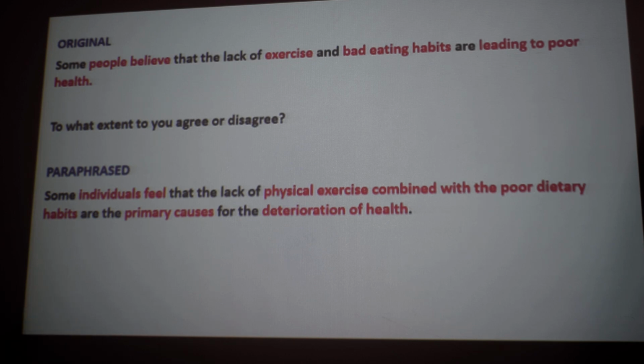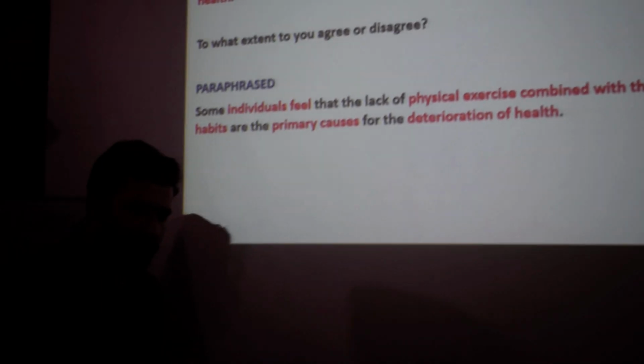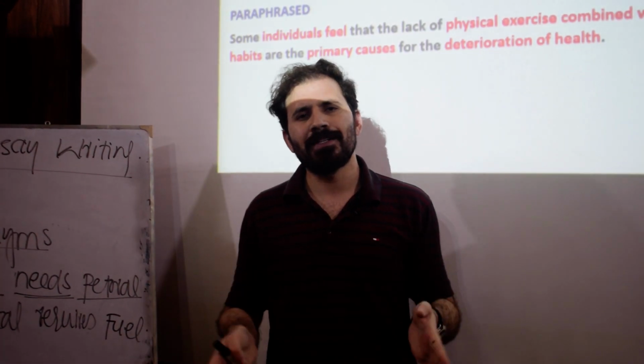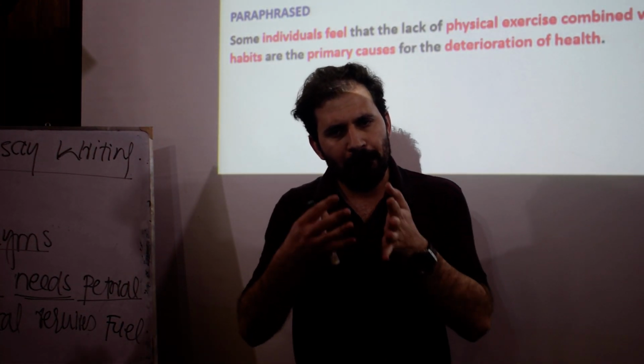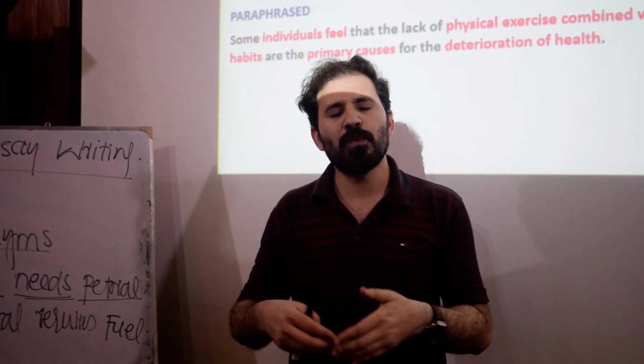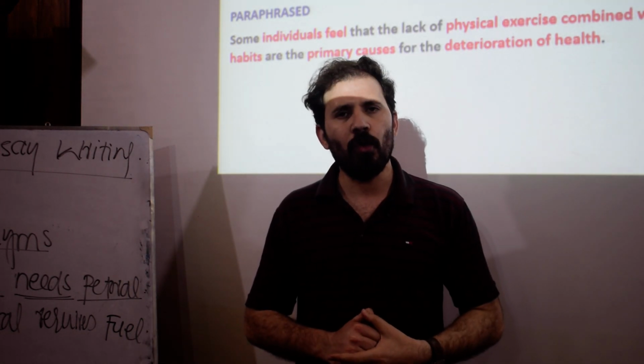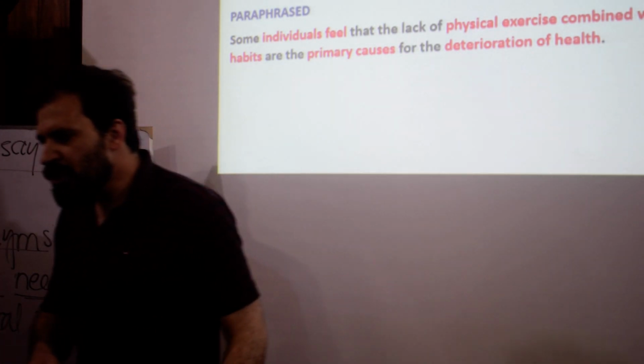So you need to go for the synonyms, what sort of synonym you can follow and how you can use it. That was method number 1. Now we want to move to method number 2 of IELTS paraphrasing, how we can paraphrase the question. Method number 2 you can follow over here, that is by changing